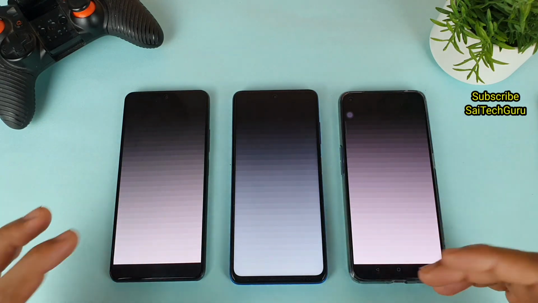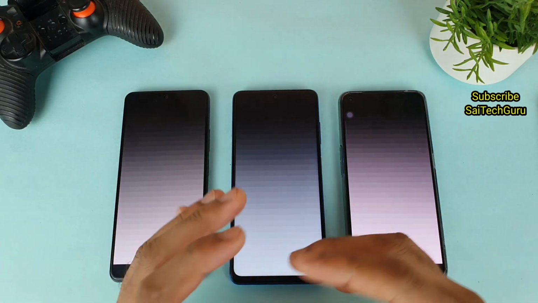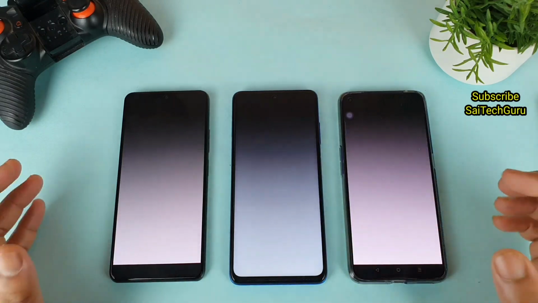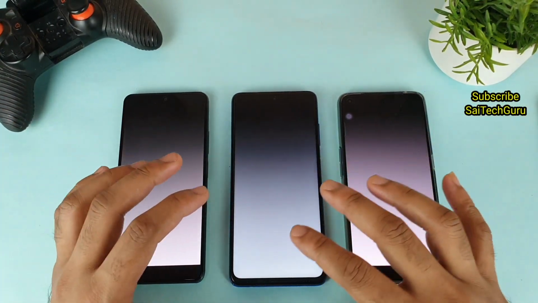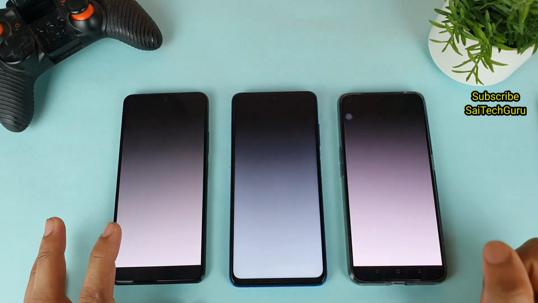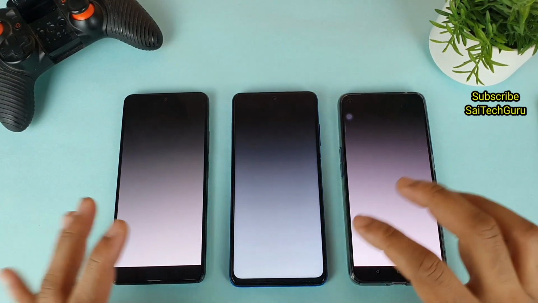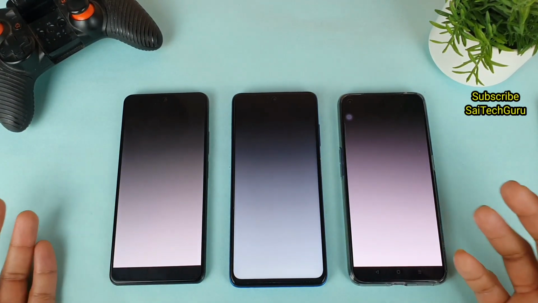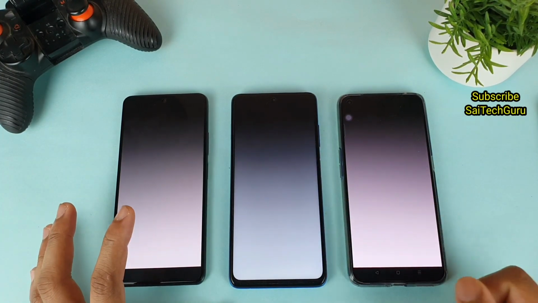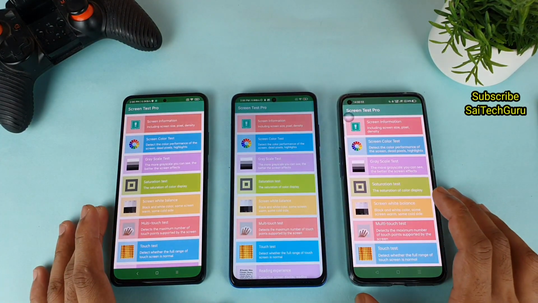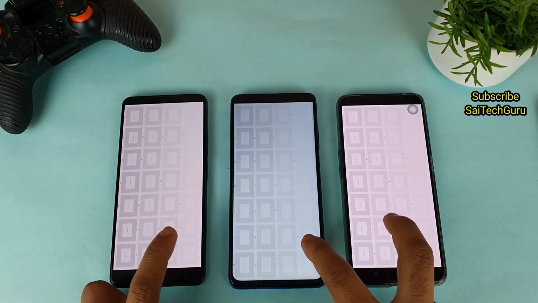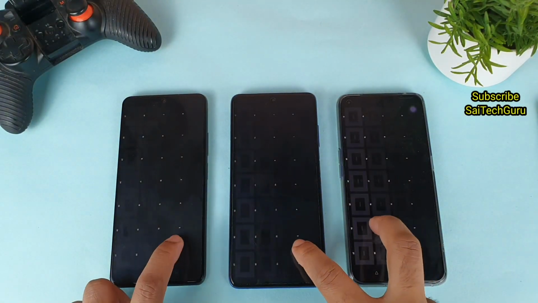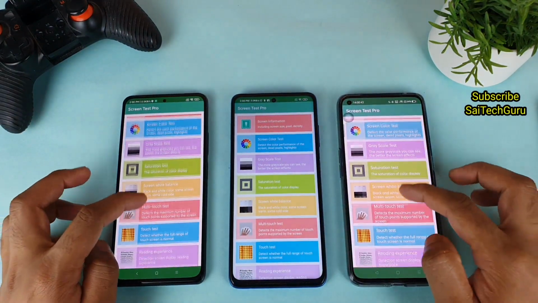So I'll try to use another video as well, a sample video. I thought of just demonstrating in a different kind of manner instead of just directly showing you the video. Before that, let's see how the three displays are calibrated in terms of the colors. At the same time I'm trying to use, and you'll be getting the different results at the same time, as you can see, friends. So let's do the saturation test. What will the results be, as you can see here.